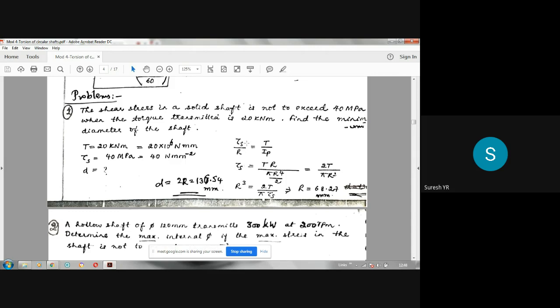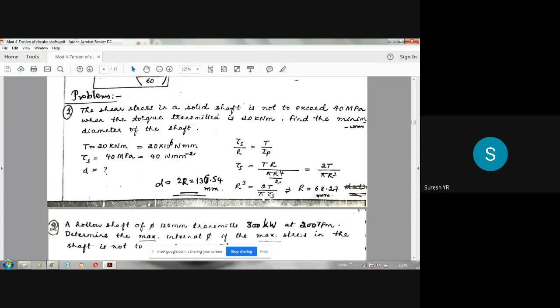So what is tau s here? Tau s is equal to T into R divided by IP. IP is pi r power 4 by 2. If you simplify this, you will get 2T divided by pi r cube. Now substitute the values. R cube is 2T divided by tau s into pi. Tau s is 40, and T is 20 into 10 power 6. If you substitute that here and